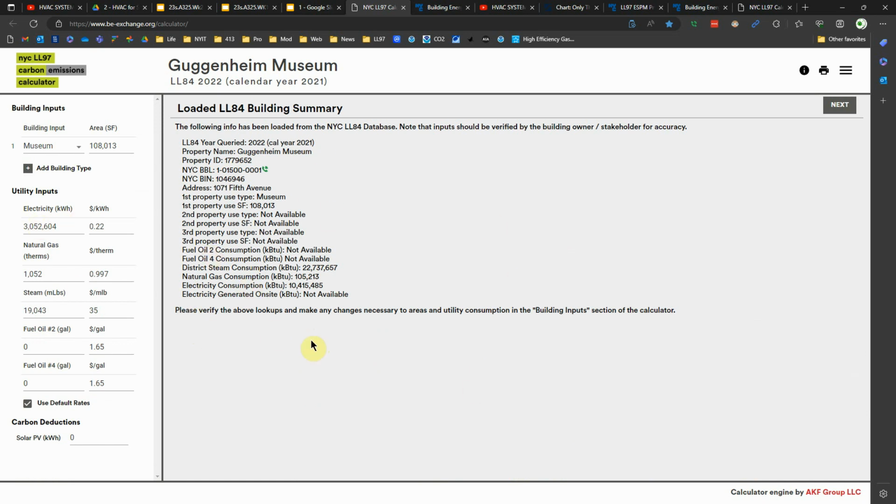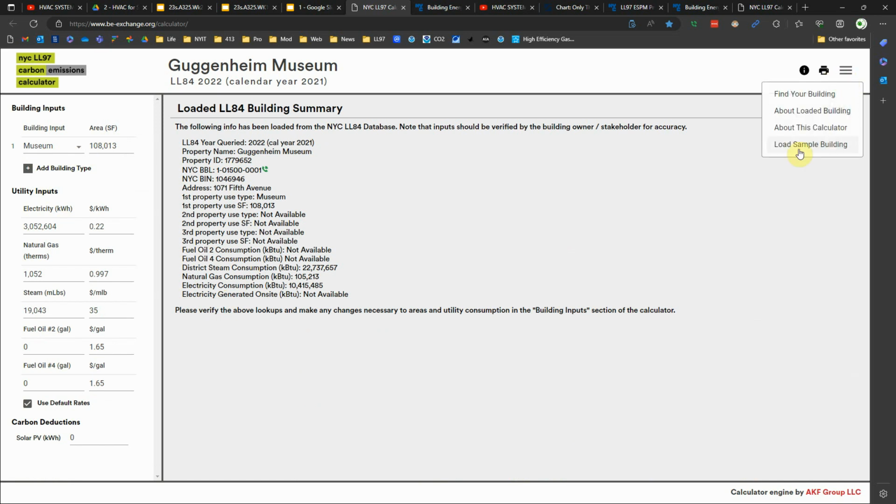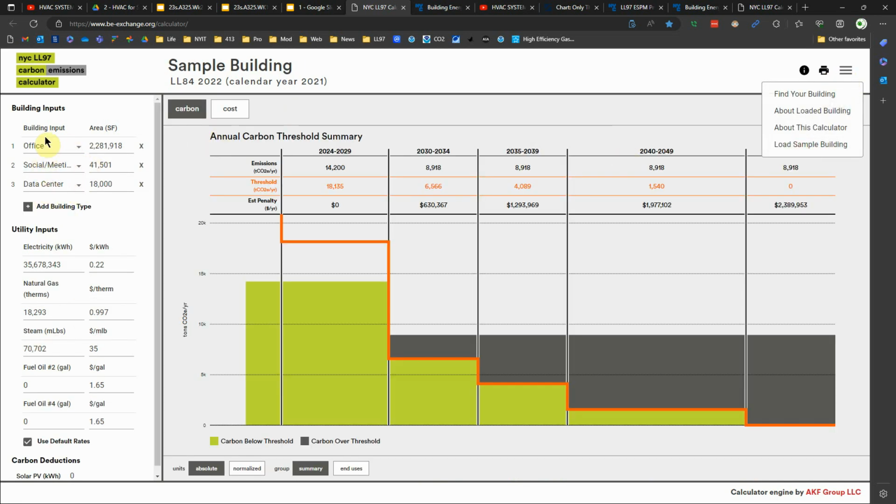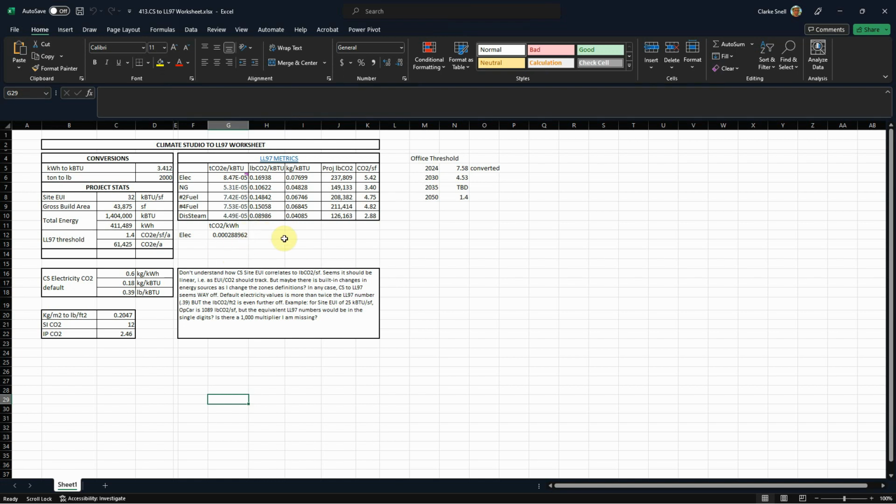You could define this, like I think that the sample building has different uses, it's a mixed use building. And then it's defining how much the energy usage comes from different sources, because of course, hot water is going to maybe be natural gas or fuel oil, or if it's a heat pump, it'll be electricity. Anyway, there's a whole world of energy sources. The point is, in this little spreadsheet I made to play around with this, these are from the code, that each energy source has a different output of